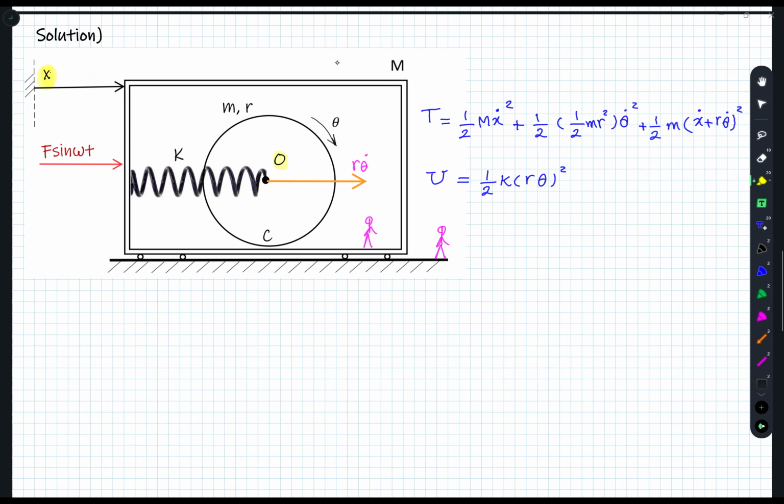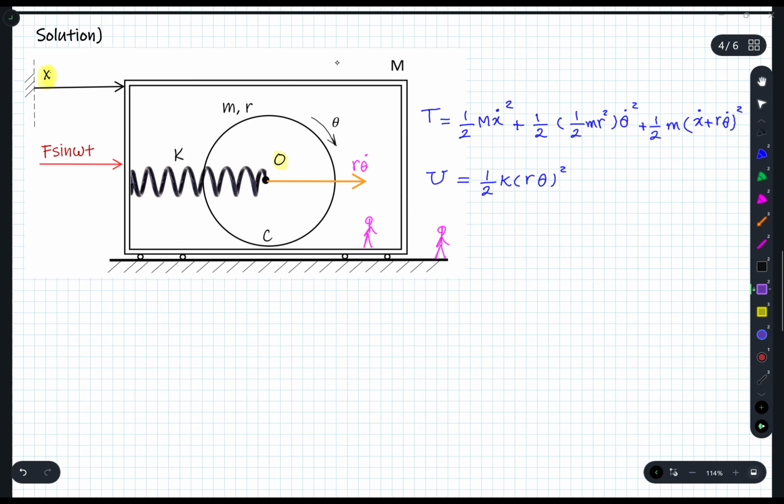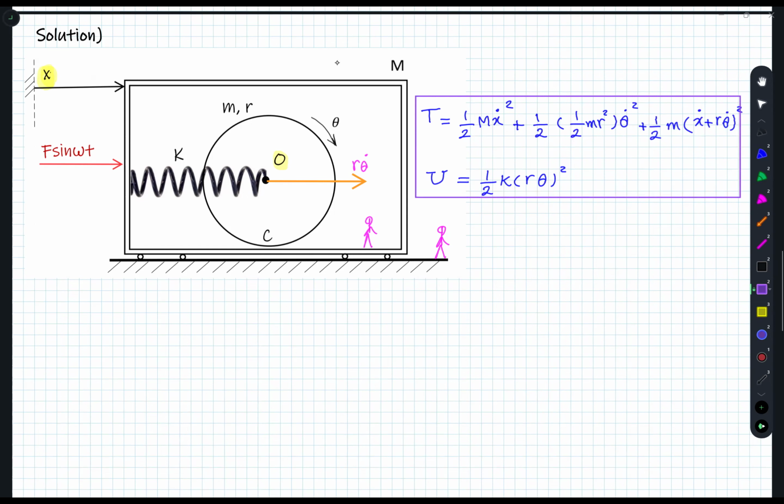right? So if I manage to find T and U successfully, as you know from the Lagrange approach, the rest are just some standard derivatives and nothing else. Let's get started. So the Lagrange formula, when we don't have any damping, simply is the derivative of T with respect to the variable that we are interested in, q dot, minus the derivative of U with respect to q, equal to the load. So here I have for x,